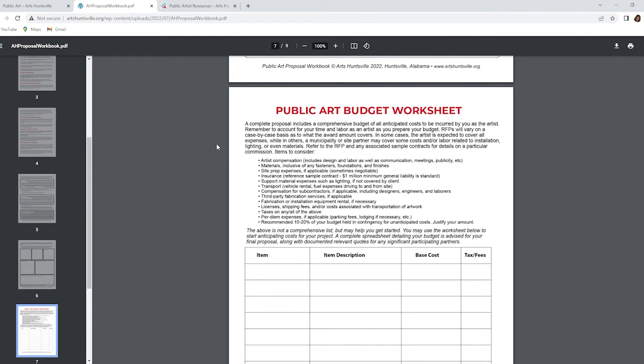Generally, you want to consider your artist compensation. Make sure you are fairly compensated for your design and labor, including communication, meetings, anything in the sample contract. That's all time you should be compensated for as well. Be sure to include that. Materials, of course, including supplemental materials, site prep expenses,